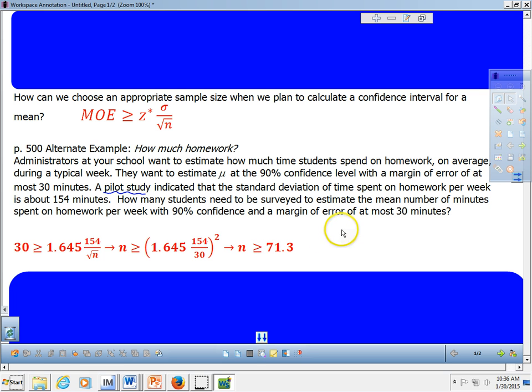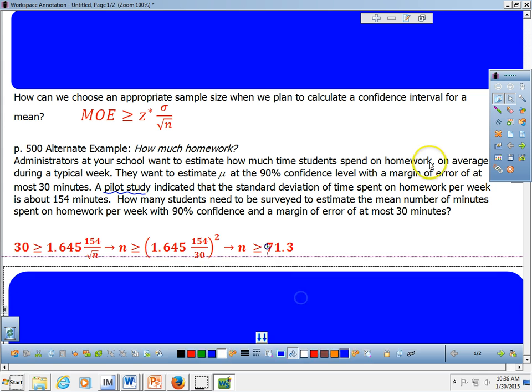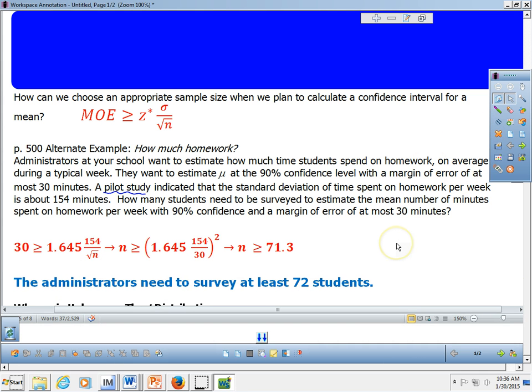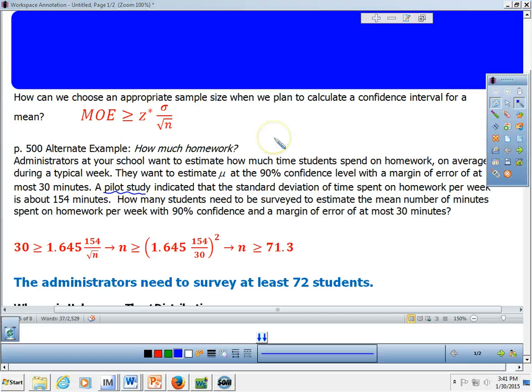That means that the administrators need to survey at least 72 students. Remember, we're always going to round up because we want to be conservative in our approach for our sample size, okay? So there is one issue with what we've just done, and that is the fact that in order to